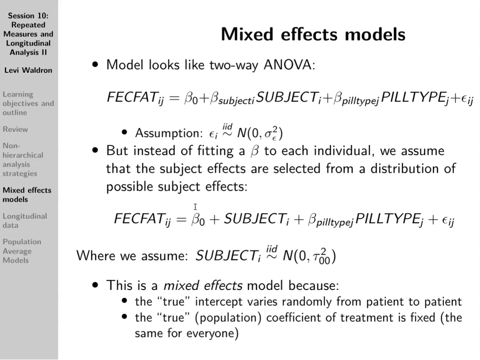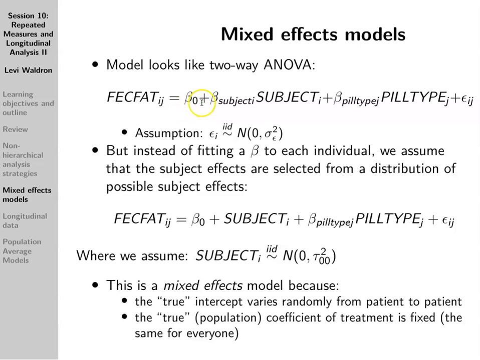Okay, let's get into the first of these properly hierarchical approaches now with mixed effects models. So we're calling our two-way ANOVA analysis, this is not a mixed effects model, this is all fixed effects that we already fit for this fecal fat data set. We modeled our measurements Y_ij, so this was subject i, pill type j, as an overall mean. So this would be like the overall average of, or for the reference group of